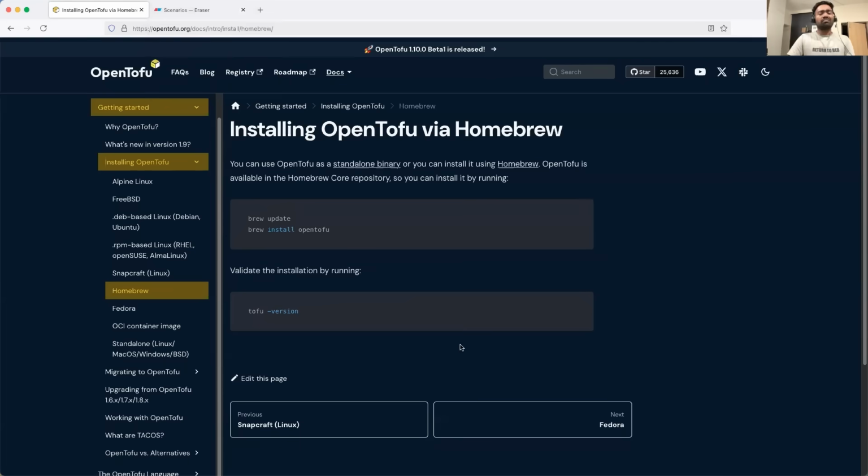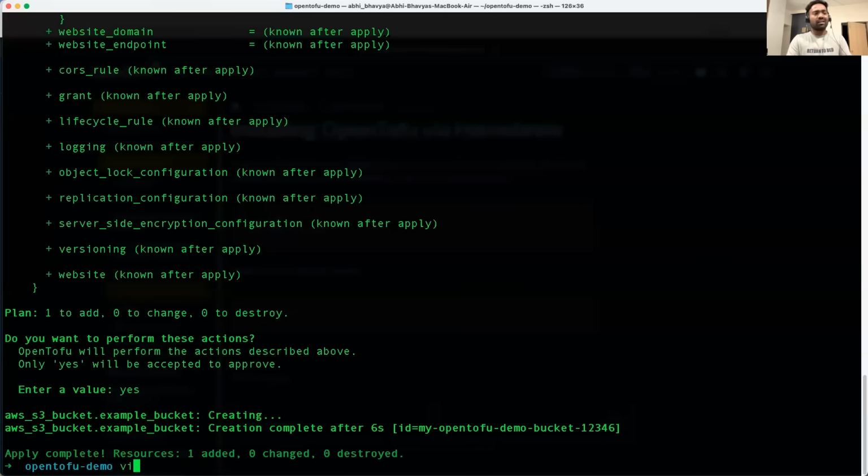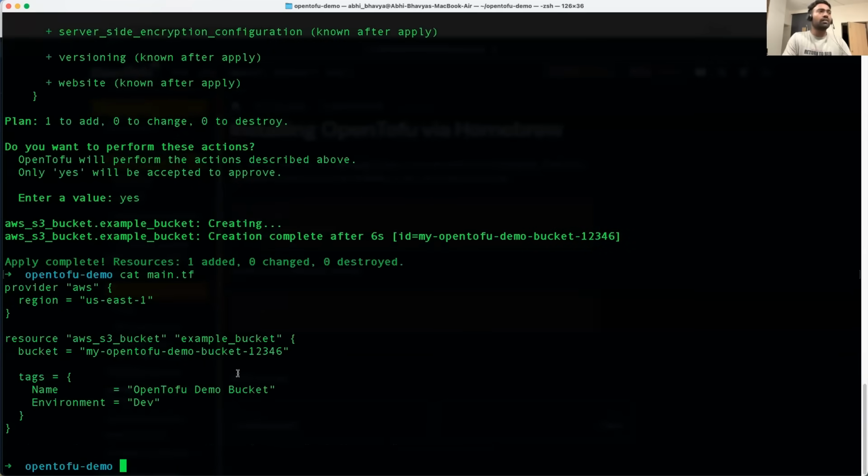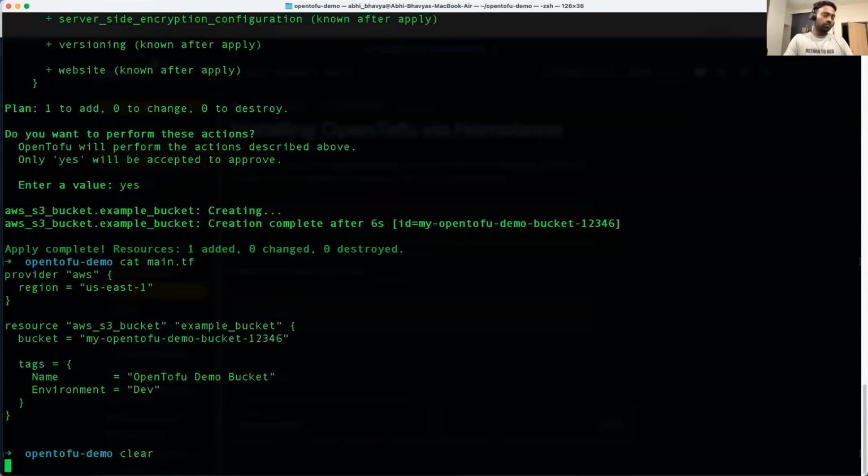So in the long run, you can go to your HCL files, cat main.tf, and update the provider configuration. Also, you can update your required providers configuration. This is how you use OpenTofu.